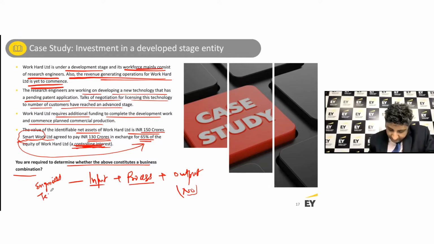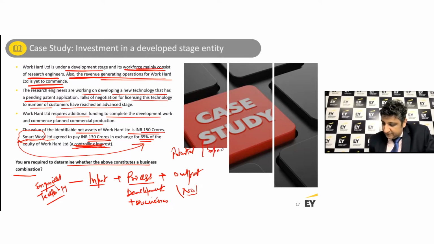There is a technology. So these are all essential inputs which are there. And then we look at the processes, where you look at the development of the technology further. And there are discussions going on as well,